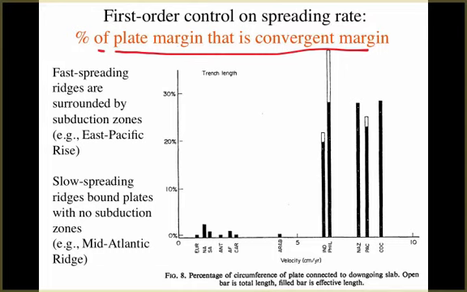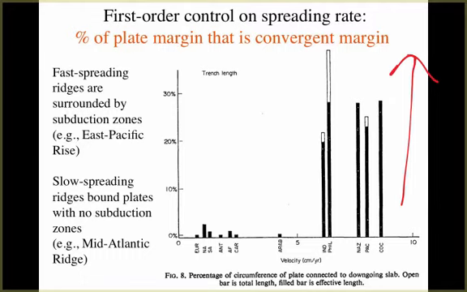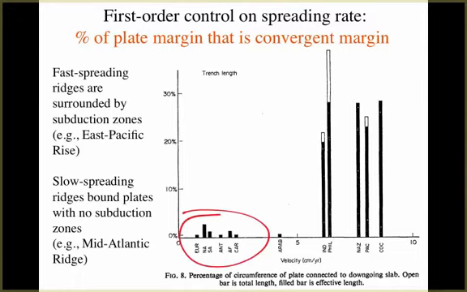So, are these spreading ridges surrounded by subduction zones? Fast spreading ridges are surrounded by subduction zones, like the East Pacific Rise. And the percentage of the circumference of the plate that's connected to one of these subducting slabs can be upwards of 30% of the plate. And in slow spreading ridges, very little of the surrounding plate is actually surrounded by subduction zones, like the Mid-Atlantic